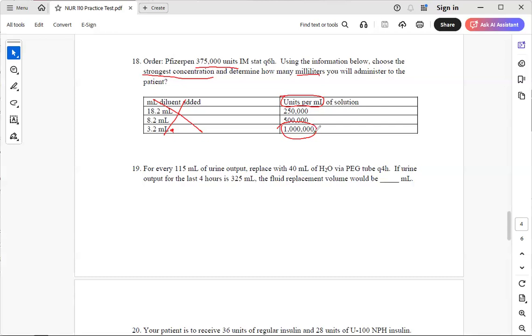Now, the reason I'm pointing this out is because in the previous question that was discussed, I said that you take the total volume and the total strength, but that was because it didn't give you the units per ml or the milligrams per ml in that particular question. In this question, however, it does give you units per milliliter. So all you're going to do is compare your orders, the 375,000 units over the 1,000,000 units,